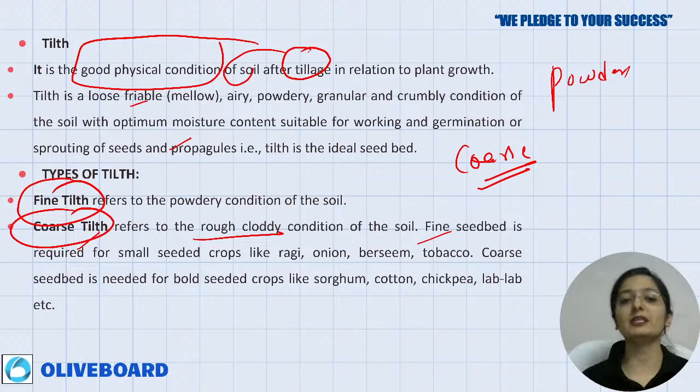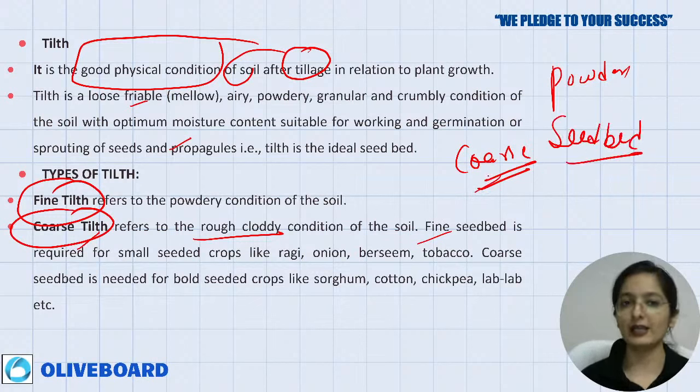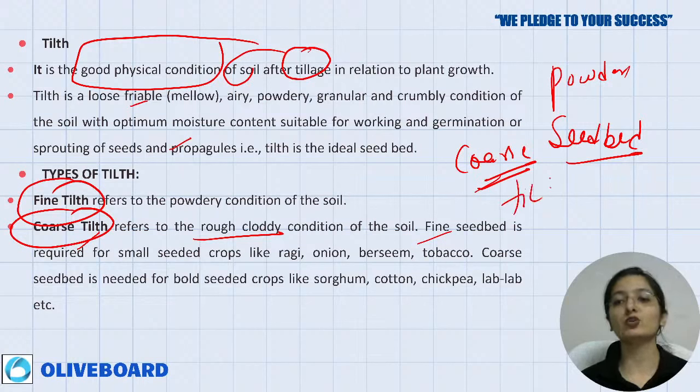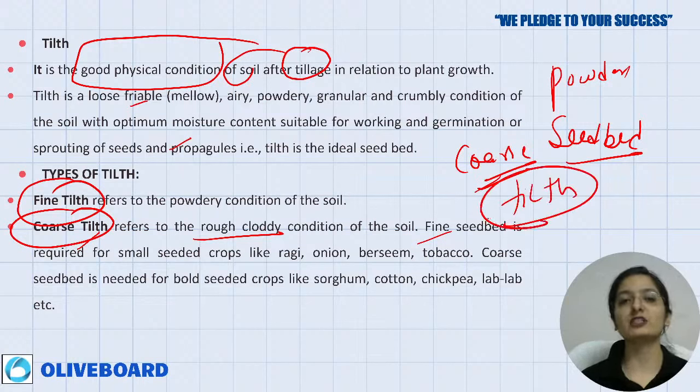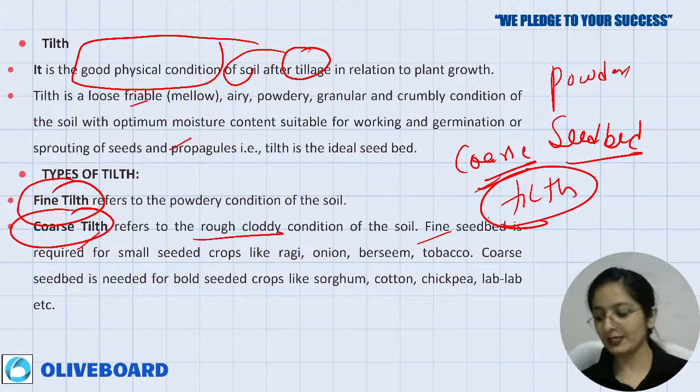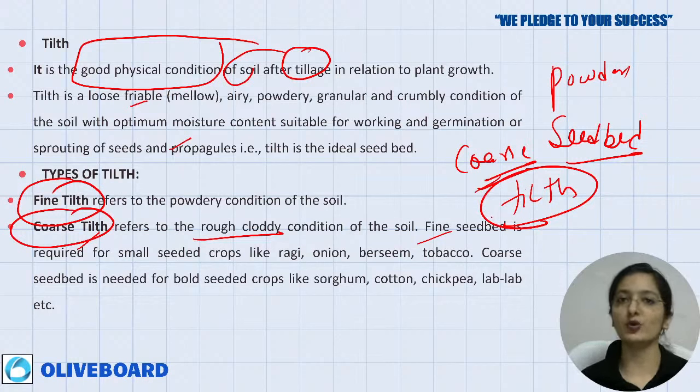That seedbed depends upon what type of seed you want to grow. So basically that will be your ideal seedbed, right? Your ideal seedbed depends upon what type of crop you want to grow. With that you will have different tilth, different physical conditions of your soil. In some places you will have a powdery condition that is required for growing, and there are different crops that require a coarse seedbed, right? It depends upon the type of crops that you want to grow.